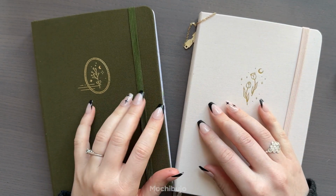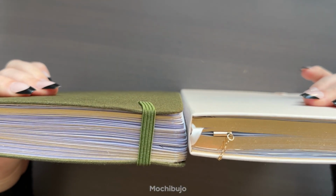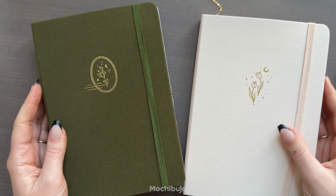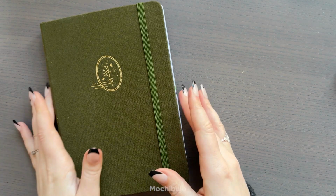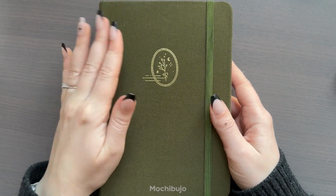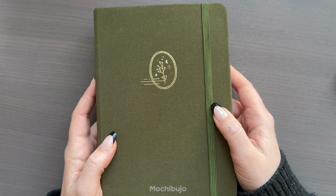And now I can get started in my new reading journal, which I made a whole video about if that's something that you're interested in. I'm really excited to get started using it, and so far in January I've only read 1 book, but hopefully there will be a few more before the end of the month so that I have some more spreads to make in my new reading journal. And now I say thank you and goodbye to my